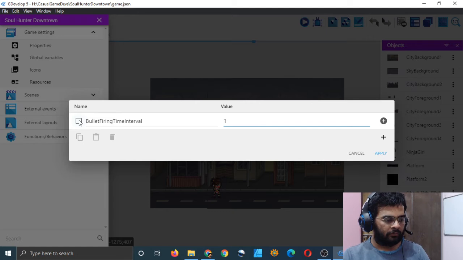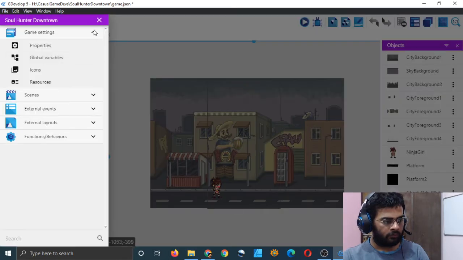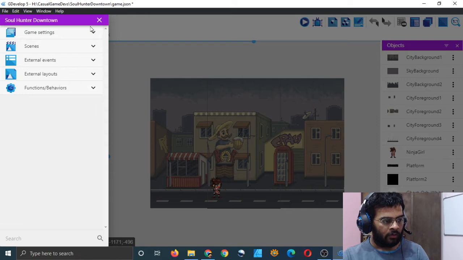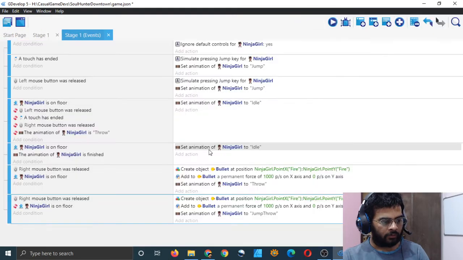What is this? Oh, I can copy it, delete it. What is this? Add child variable. Apply. Now I have this bullet firing time interval 1. Okay, cool. I have this one global variable.